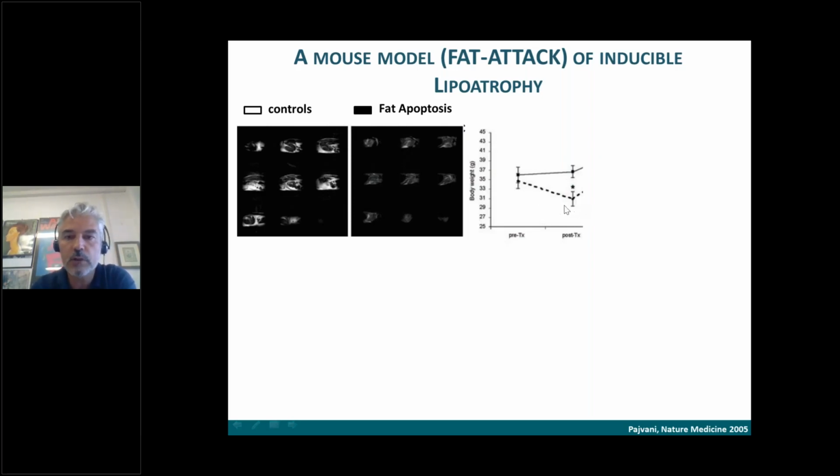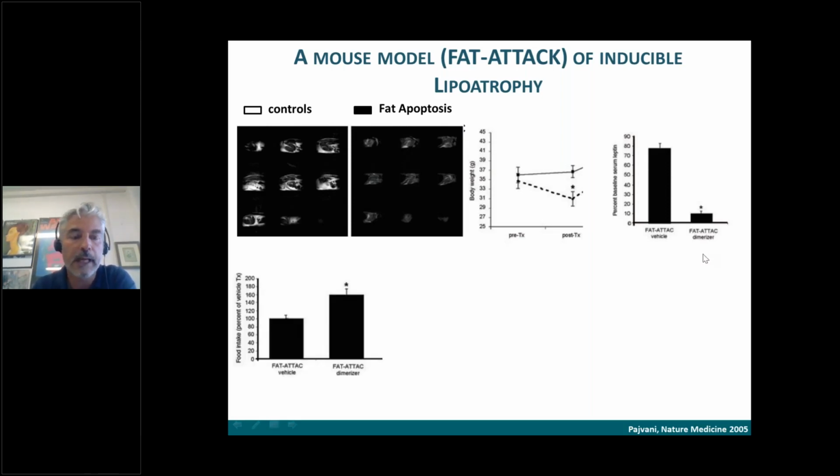It's losing weight because it's losing adipose tissue, which is apparently a good thing, something that we would all like to see in our obese patients, for example. But this is not good, because when you lose adipocytes, you also decrease the circulating leptin levels. Leptin is an important regulator of food homeostasis and appetite. So when leptin levels drop down, the patient, or in this case the mouse,